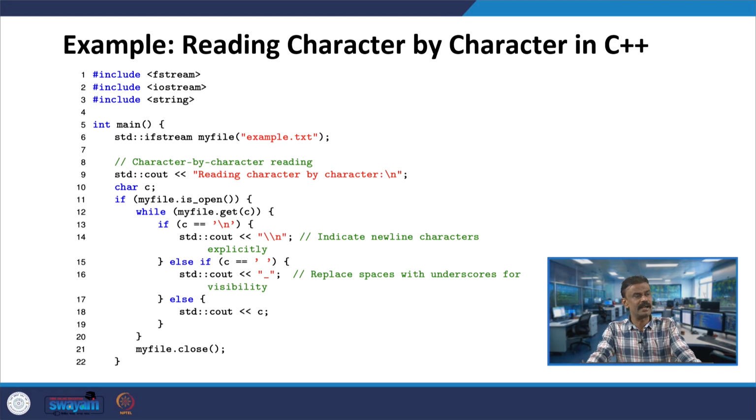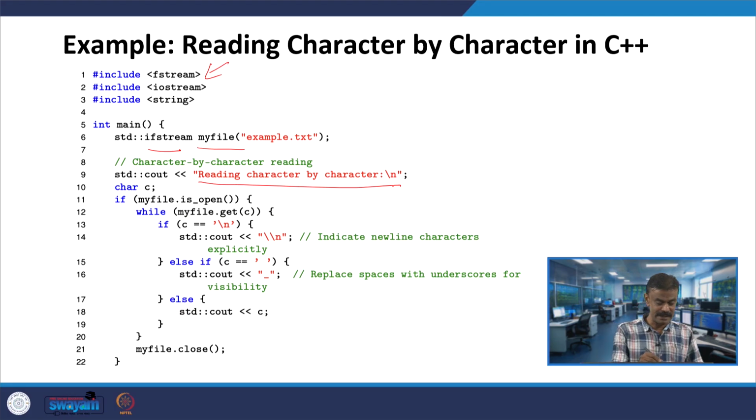So, so far we have read, let us say, a file with a list of characters, line by line. Every line we read. Now you may ask the question, is it possible to read character by character? Yes, you can do that. Let us consider my file, which is an object under ifstream. We are including fstream, that means both input and output, and iostream and string, the usual ones. So, first it is reading character by character.